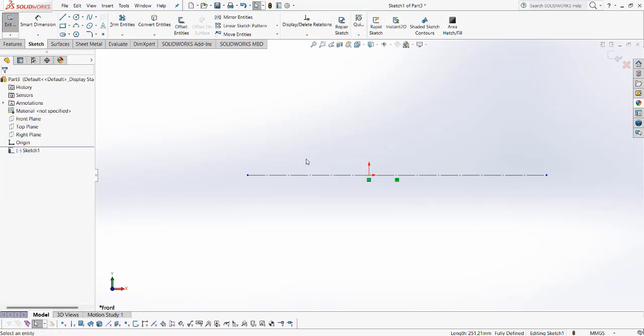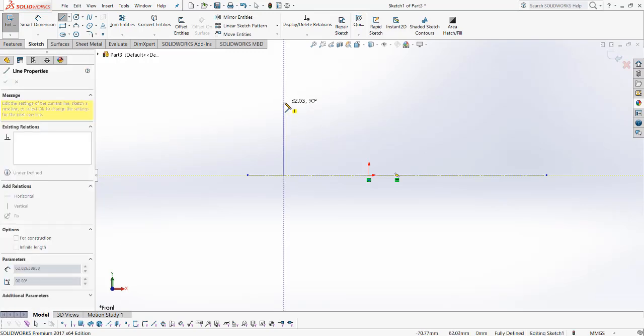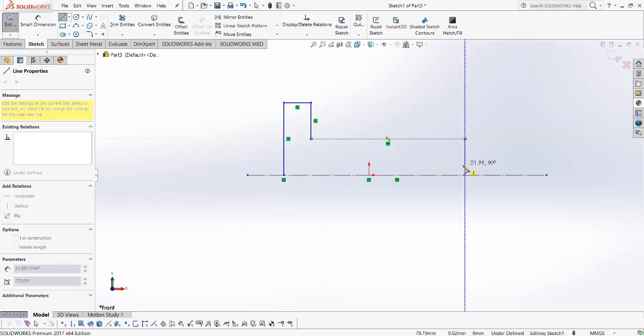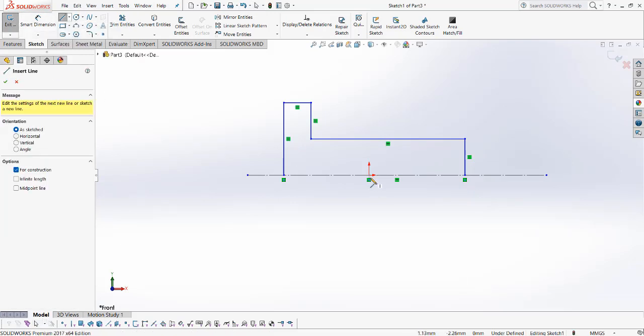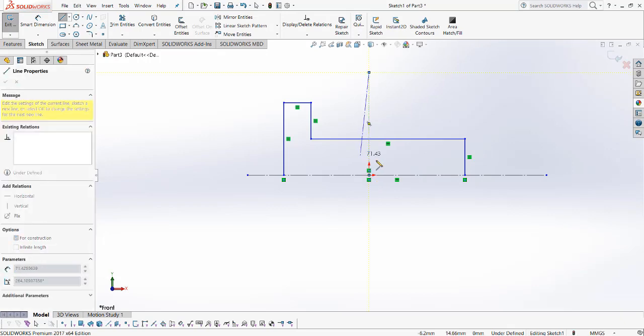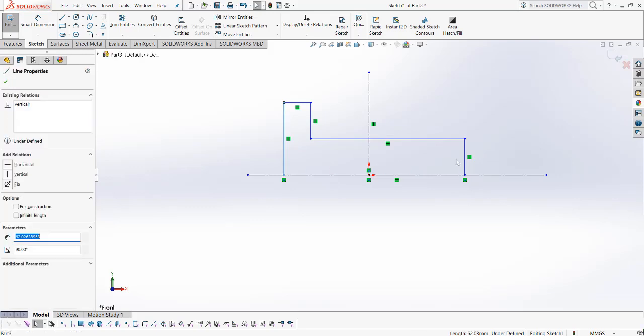Okay, so we have to draw a rod, a pin. Basically we have this, draw like this. Before that, a center line. Make a relation with these three lines